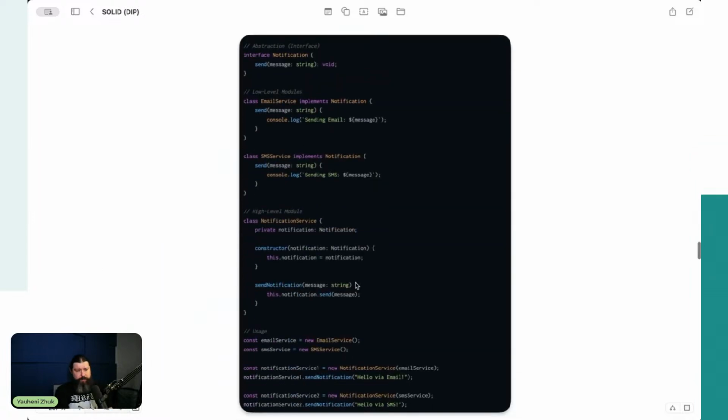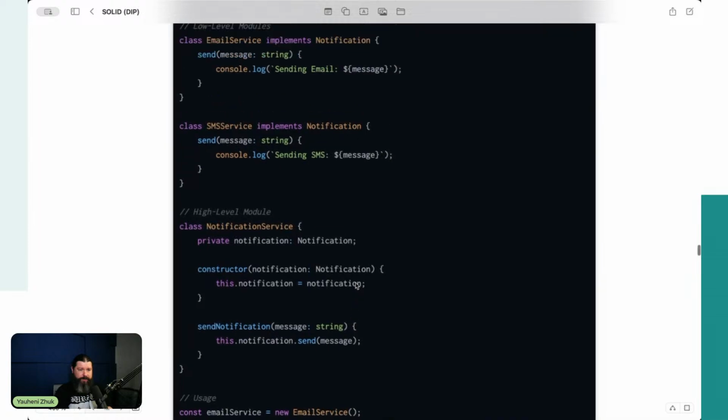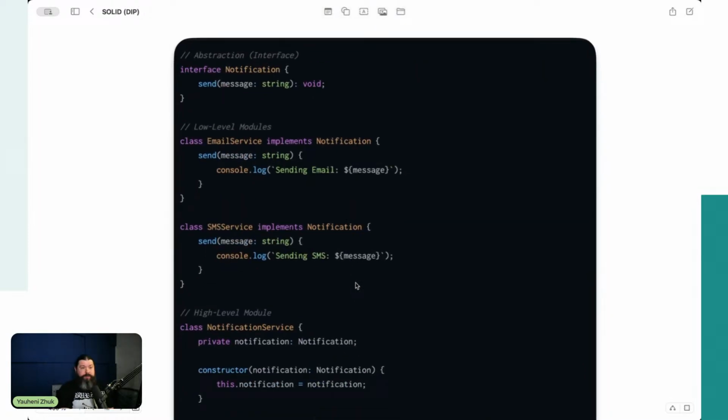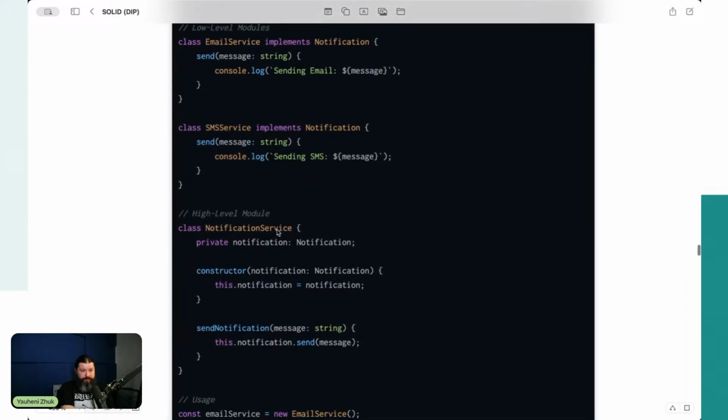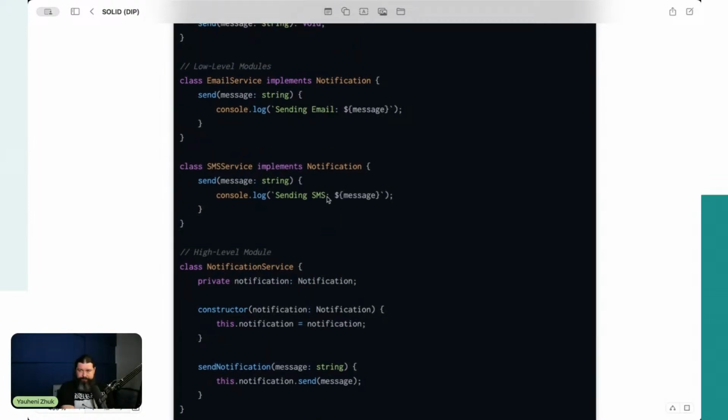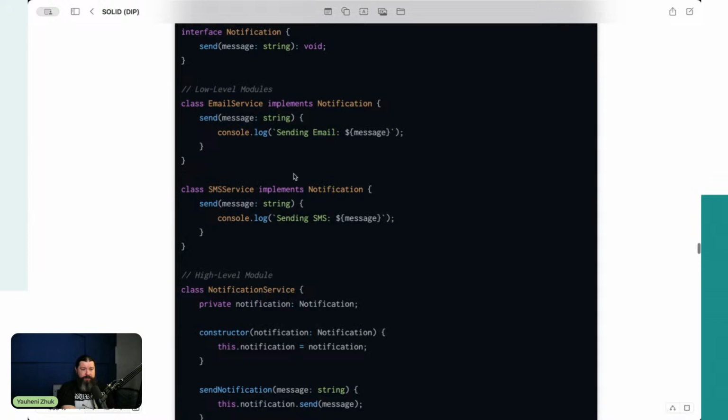How can it be improved? Okay, let me zoom in a little. By introducing abstractions, as we did for at least the open-closed principle. It's absolutely the same example. Introduce some kind of abstraction. Now the email service should implement this abstraction. Our notification service depends on the abstraction, not on a particular implementation. And